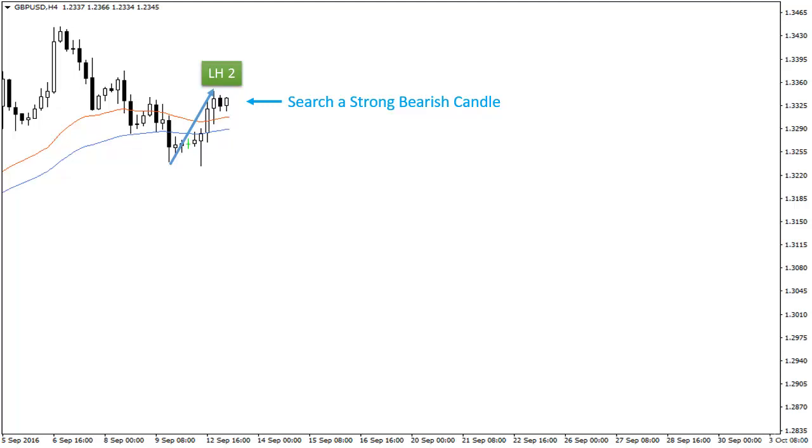So that's the sign of the end of the uptrend momentum and the beginning of the downtrend momentum. But the main thing is we need a strong bearish candle at the top to confirm the downtrend, because from this stage price can rise up and break the higher high level and resume the uptrend again. So let's just wait for more time to have a strong bearish candle at this top level to confirm the